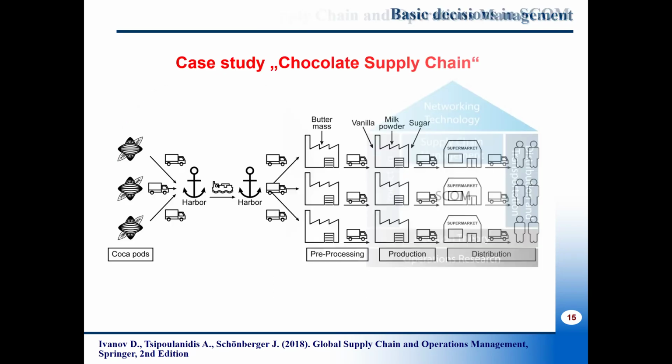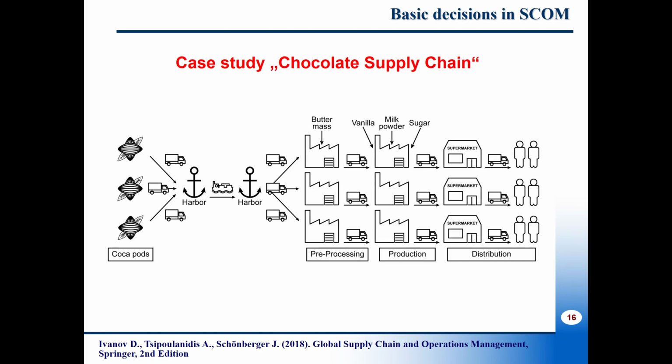Now let's take a look at our example here about the chocolate supply chain. In this example, we assume that cocoa pods are imported from a faraway country, let's say Ivory Coast, and these pods are transported to a harbor to be packed and shipped to a faraway country, let's say Europe, by ship. And from the harbor in Europe, the cocoa pods are transported to chocolate manufacturing centers,